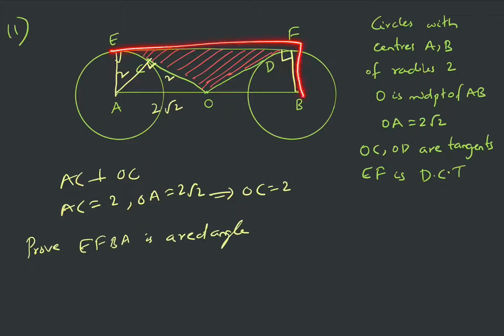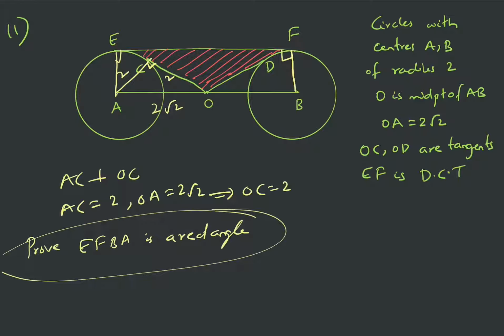Okay, this is a rectangle. This you prove it. Okay, I am not doing it. Fine. So then I am dropping a perpendicular from O to this EF. Say this is P. Now since this is 2 and this is 2, AC and OC are 2, so this angle must be 45, right? Because this is 90. So this is 45, and then this has to be 45 because this is a rectangle.